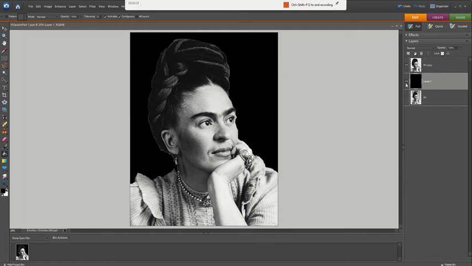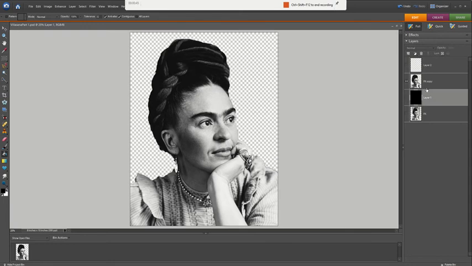But I can always change my mind. Okay, so I'm going to go to the top layer, and I'm actually going to make a new layer on which to draw and add my details. Before that though, I almost think that she would look good with sort of a bright shadow behind her. So what I'm going to do is go to the layer that just has Frida, and she's cut out. Okay, so what I'm going to do now is I could take my quick selection brush